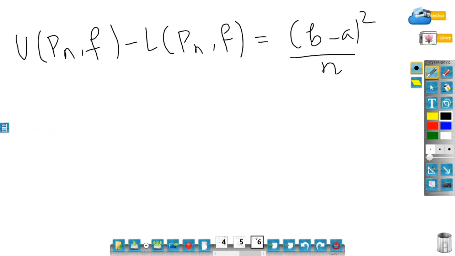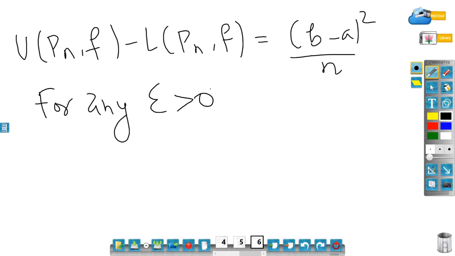That would have been more easy. But anyway, this is less than epsilon. Then how can you show that this is less than epsilon? The procedure is as follows. So for any epsilon greater than 0,